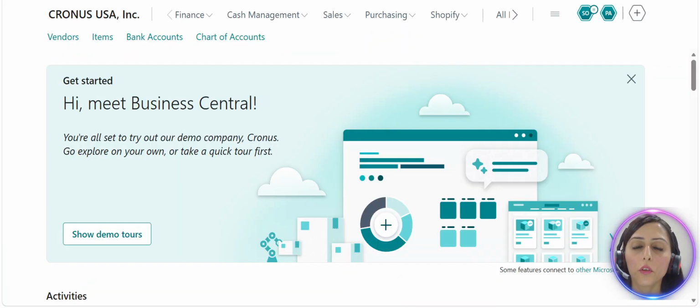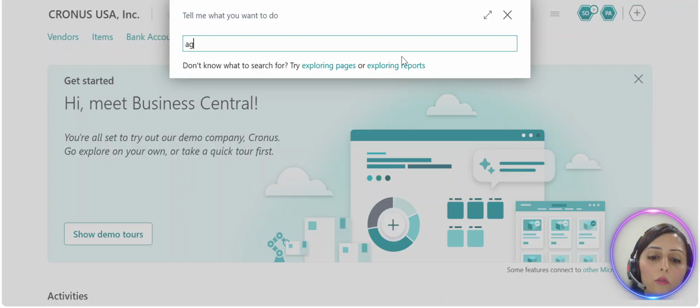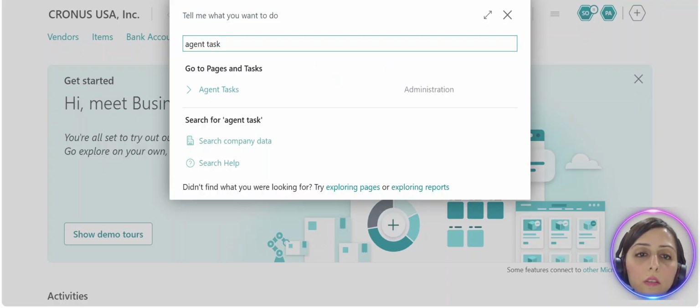Now let's talk about orchestration after AI, and I'll take an example of a payables agent. So a vendor sends an invoice to my email box. Like I said, I'm not doing anything, and let's go to the agent task to see how the agent processes that email. So now let's understand about AI orchestration. Now I have an email that I have received from my vendor which has three lines. So let's go to the purchase payables agent and let's go to that agent task through which we